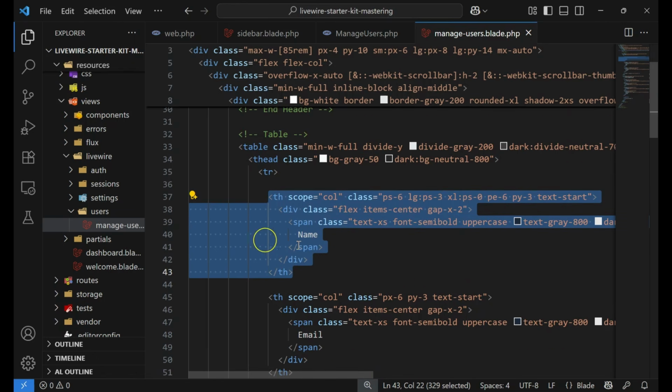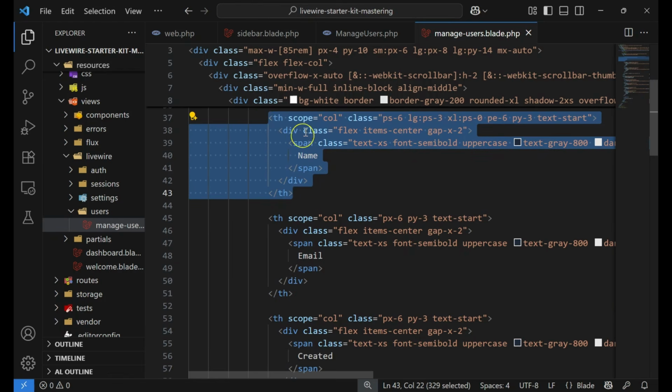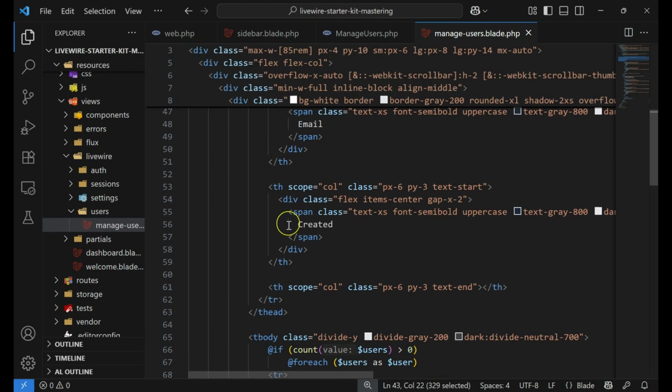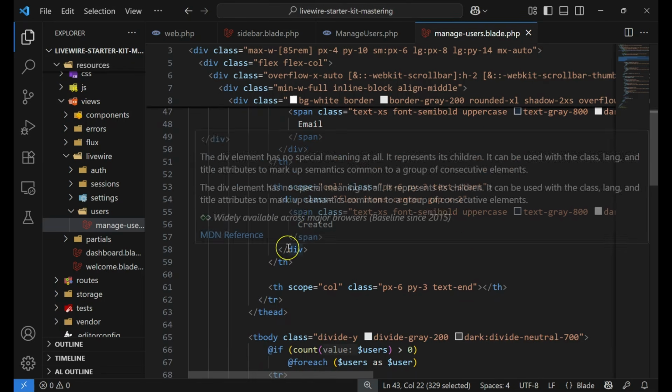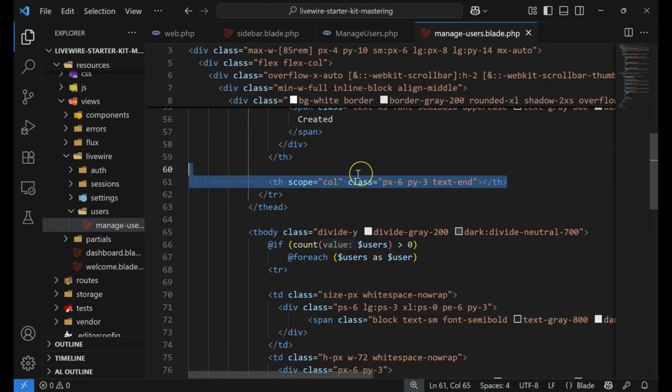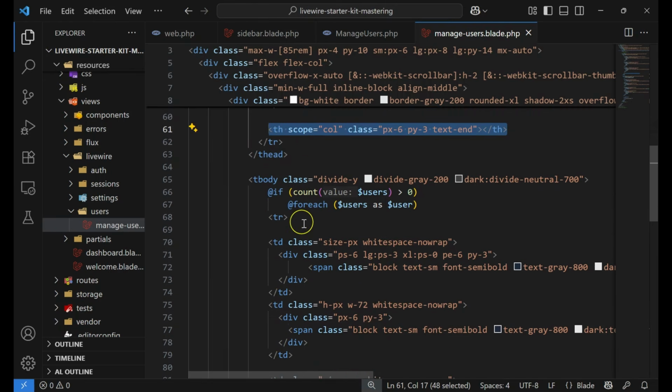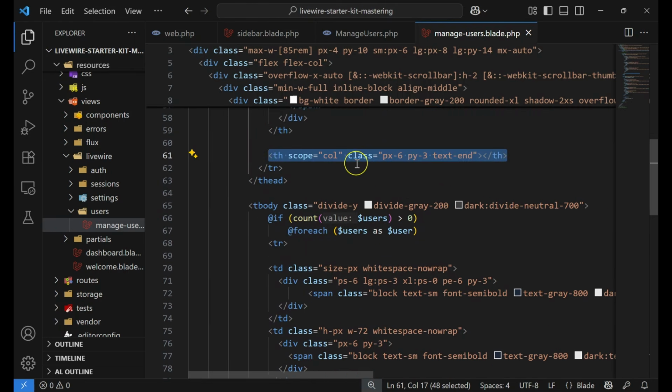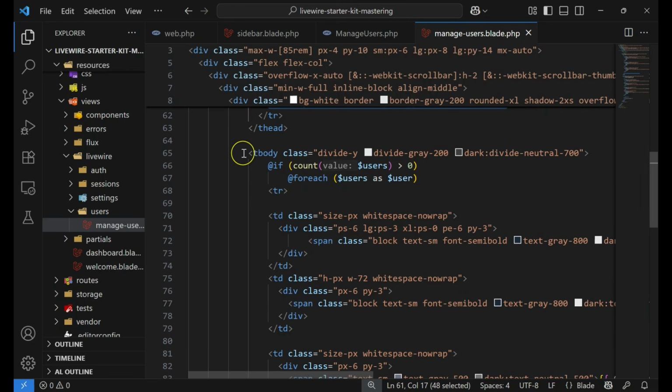Actually, these are the header columns. So you can see we have the name, email, we have the created, which will show the time that user has been created. Then this one will be an empty table heading so that we can show the actions. And then we have the table body here. So you can see this is the table body, and inside it we have